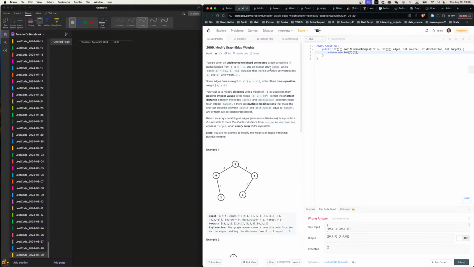So now we have the parent, so we know the path from the source to everybody, the minimum so far. And by making changes to an edge, which is to make it bigger,